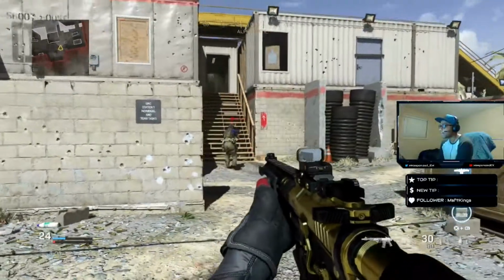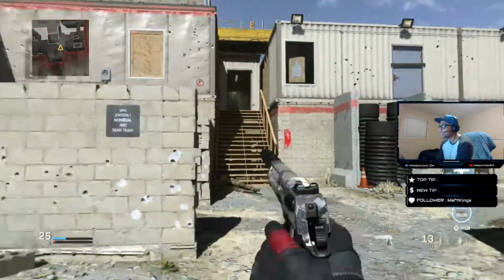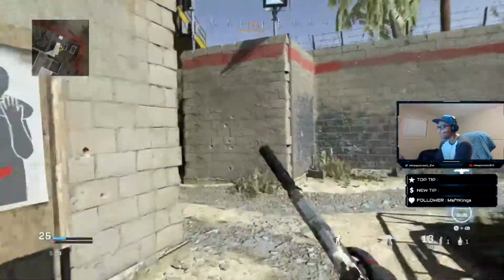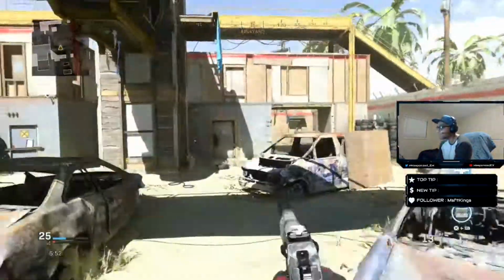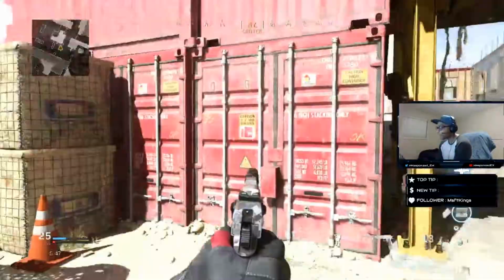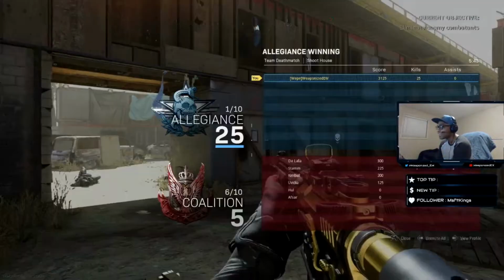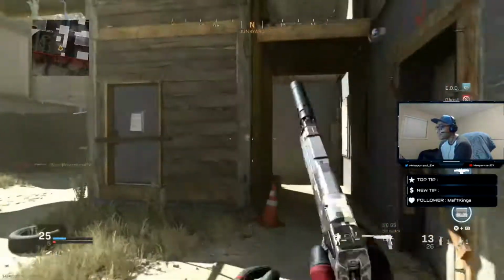So I hear this guy coming around. I put my reticle where I think he's gonna be. I just literally zoom in and shoot him. And you can do this with any gun. You can do this with snipers, a pistol, literally any gun. You do the same thing with it. Like, I'm literally, oh, hold on. Okay, I got beamed there, I'm not gonna lie. I'm literally